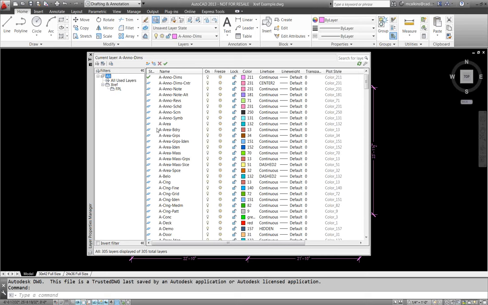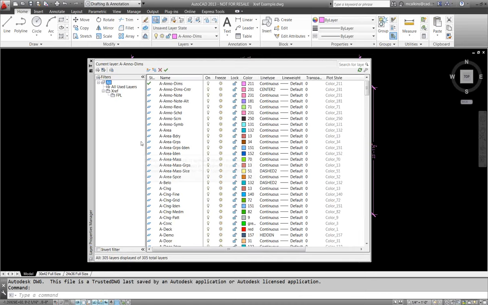So it becomes tedious to sort through these layers and find the one I'm looking for in order to change some state, like on, off, freeze, thaw, or lock it, or make some kind of setting change. So we use the layer filters to quickly sort through those. I'm going to switch back